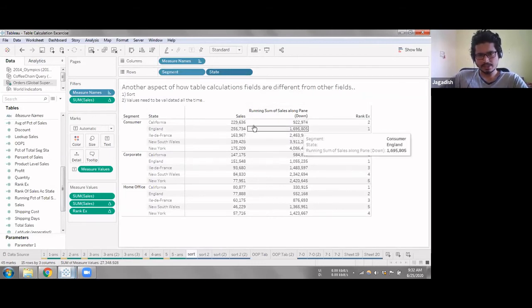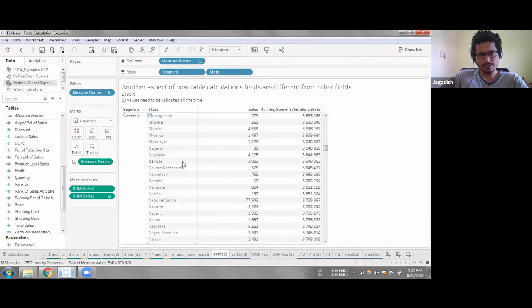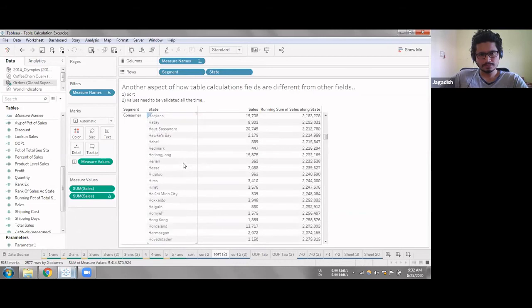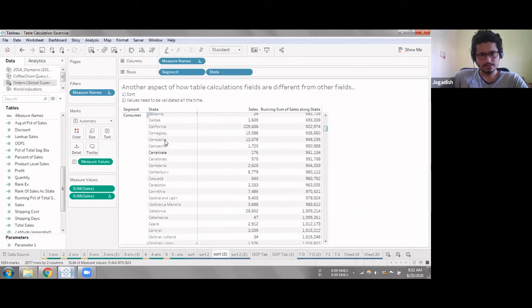Now you can see we have a running total, but the numbers are not so much, because if I go to California in this particular table where my filter is not there, the value here is 922974.